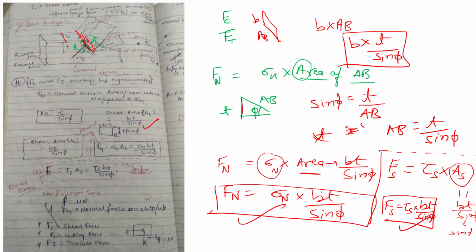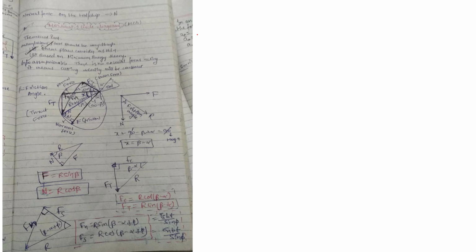So it was very easy to find these two forces. I think you all are getting how I have found both the forces. Now let's move ahead and find the different types of forces acting on the chip tool, like friction force. We also studied friction force in elementary school. The value of friction force is F equal to mu times the normal force. So that's for this slide.